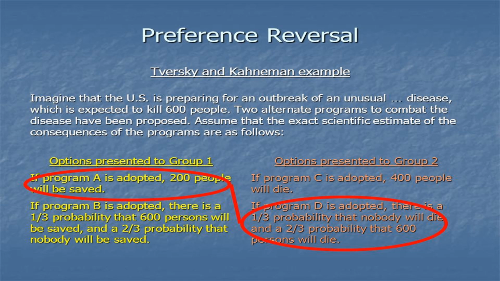So here, because of the way that it's framed, and these frames are called the gain frame and the loss frame, program A is stated in the gain frame: 200 people will be saved. Only 22% of people choose option C, which is in the loss frame, which says 400 people will die. So 72% of people choose option A, and again, over 70% of people choose option D. Okay, but their